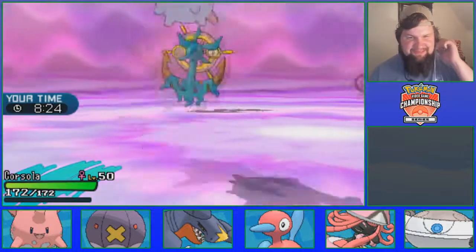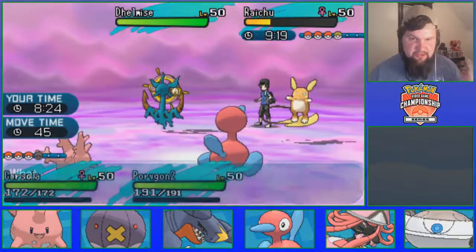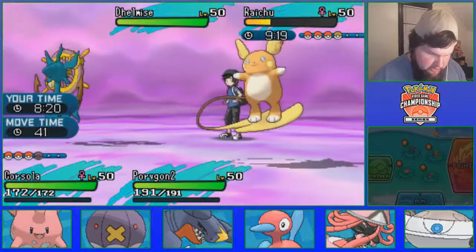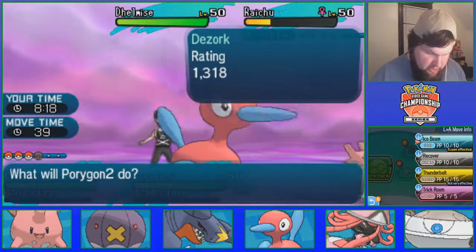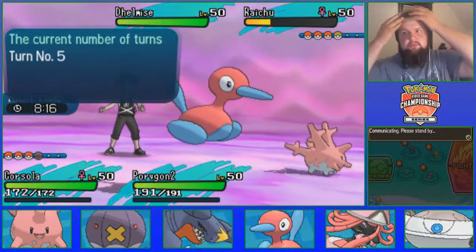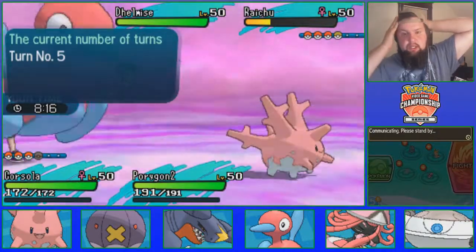Corsola! Alright, so my Porygon 2 is going to underspeed the Raichu. I'm going to Z-Power Continental Crush this ugly Dhelmise. I'm also going to Ice Beam the Dhelmise, just because if I don't somehow KO, I want to get rid of it. And then the...